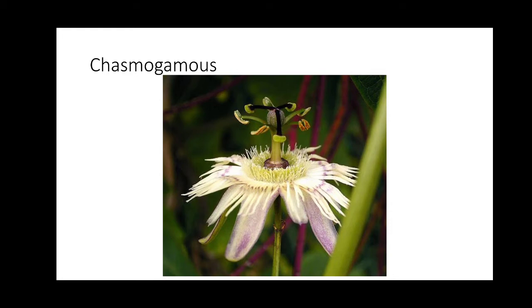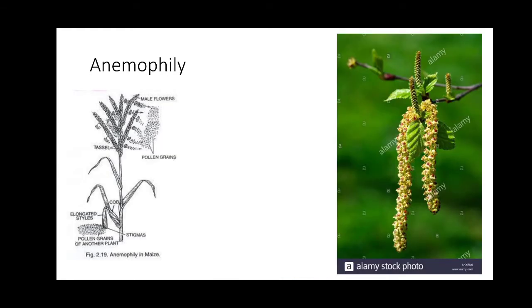Let's come back to the topic. The next slide will be directly on the agents of pollination, and whatever changes the flowers make for them. First and foremost, in the case of anemophily, as we know, the flower is going to exploit the wind. Flowers disperse the pollen out into the wind, and it will be carried by the wind to a female flower, and that way the transfer takes place.